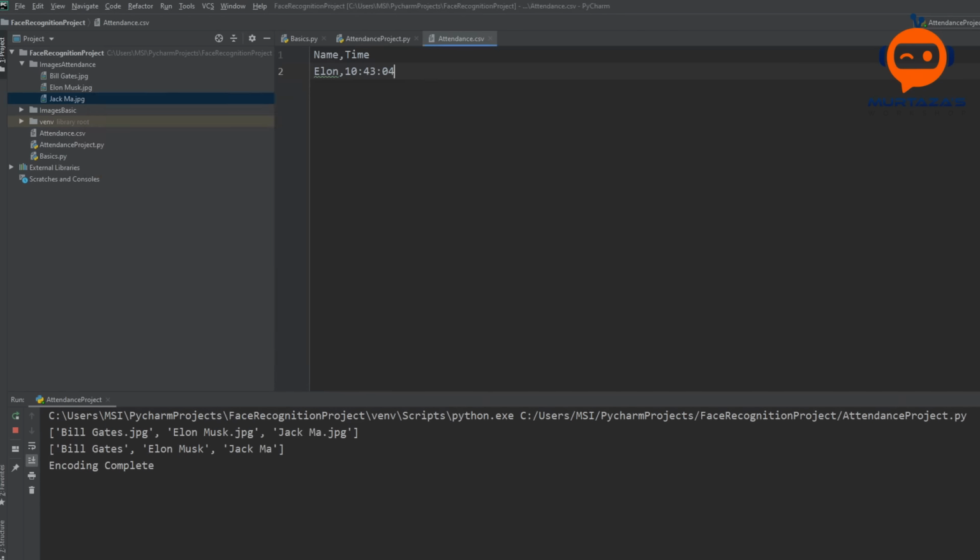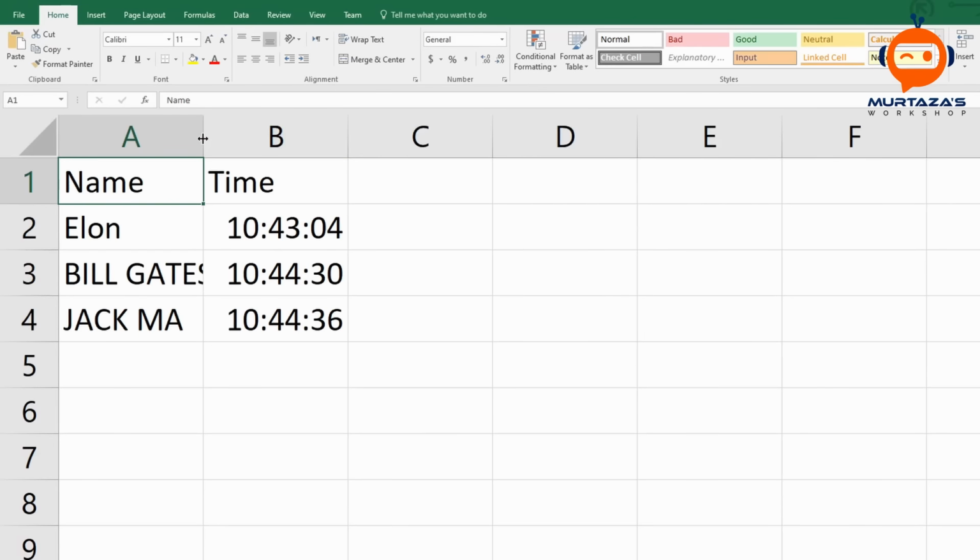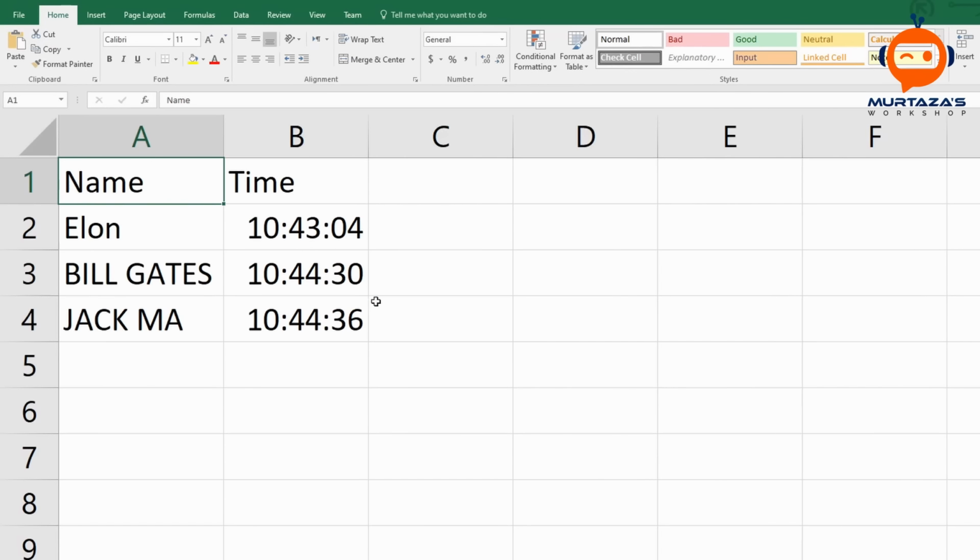If we stop this now, you can see that the two new entries have been added. You can see Bill Gates and then Jack Ma. This looks weird because we are not used to reading tables like this. So if we go to our project directory and open this in Excel, it will look normal. Here you can see that we have the three entries at their given times.